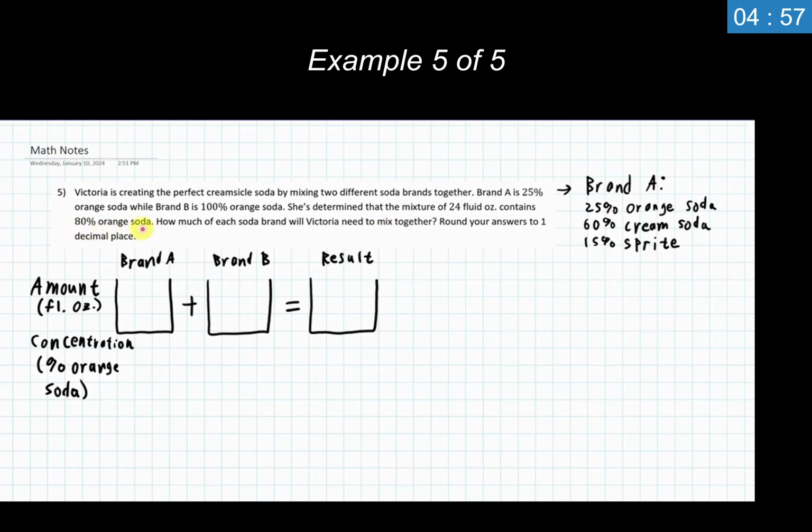Any and every other percent that is not orange soda, we can just put a line through it, cross it off. It is completely irrelevant. It is completely useless information. We do not have the tools to track and find the percent of all of these other things in a problem. We are only going to be asked to find and work with one amount and one very particular percentage in these problems. If you are taking my class and you are looking at these types of problems, you can absolutely expect to see extra and completely useless information showing up in these problems.